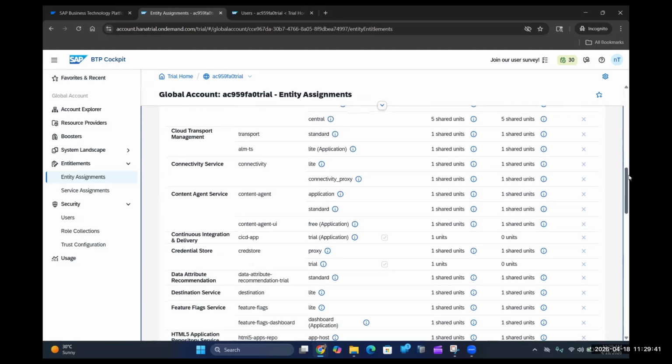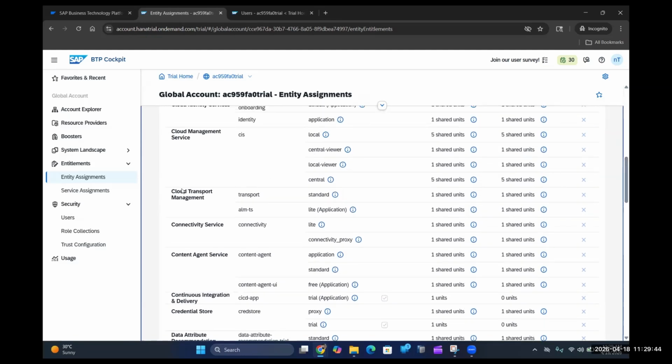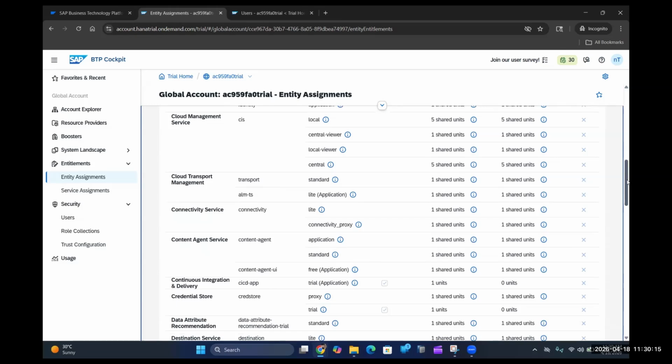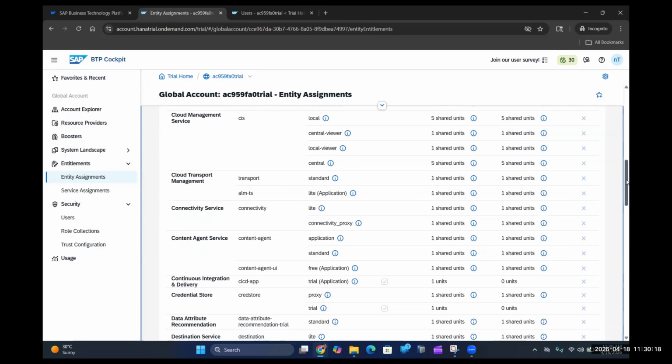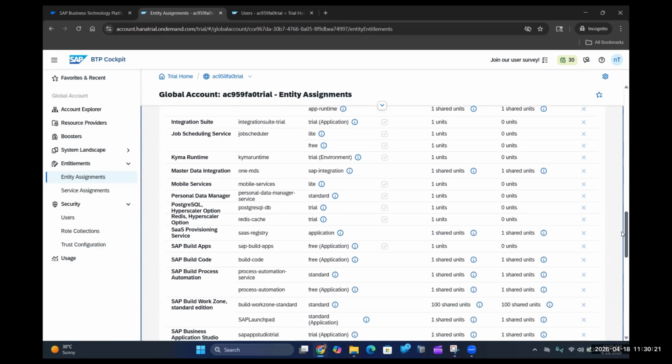So these are the services for the ALM part. Let me show you. This is related to our ALM part only. Cloud Transport Management is also basically our ALM part only. In ALM, we configure this and utilize it to design our landscape, in the virtual landscape. If you configure basic ALM, then in that you can configure your transport management. But if you don't use this, then you can't create virtual TMS, which we configure like we create in our backend systems. These parts I will cover deeply when we use Cloud ALM and configure the BTP services. For now,